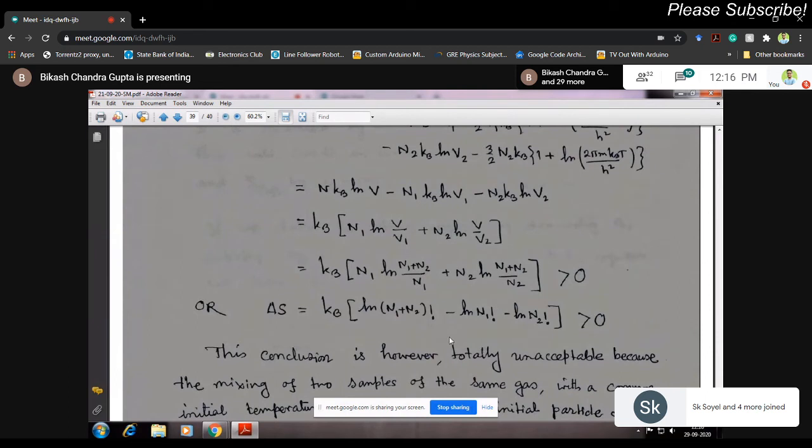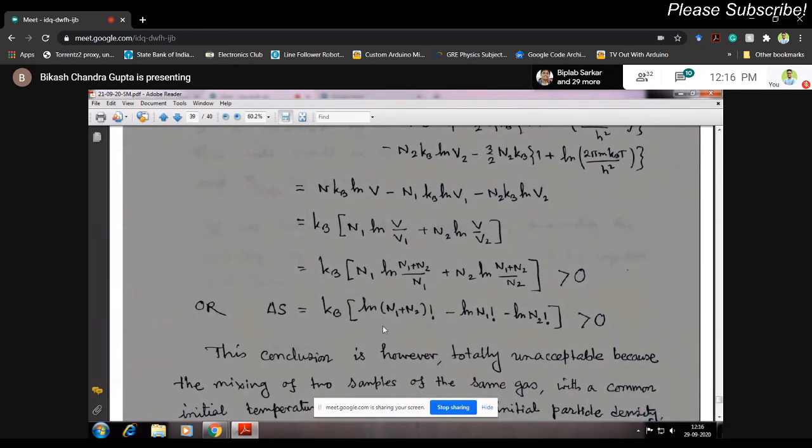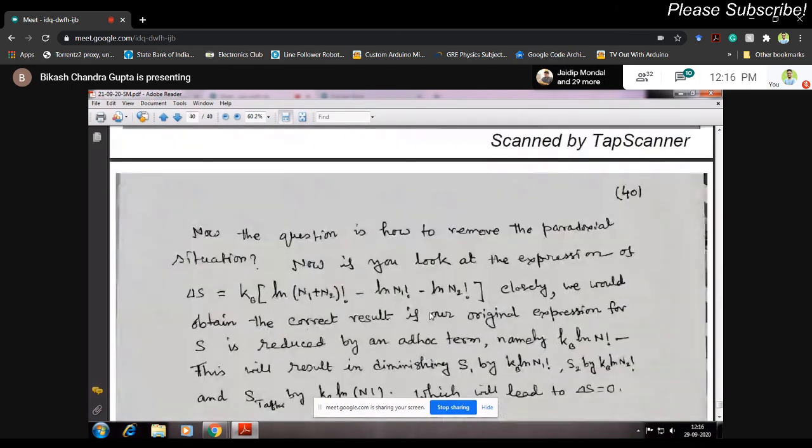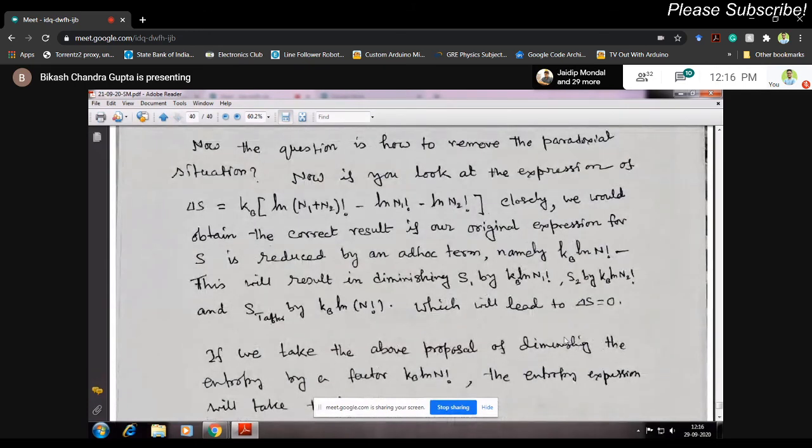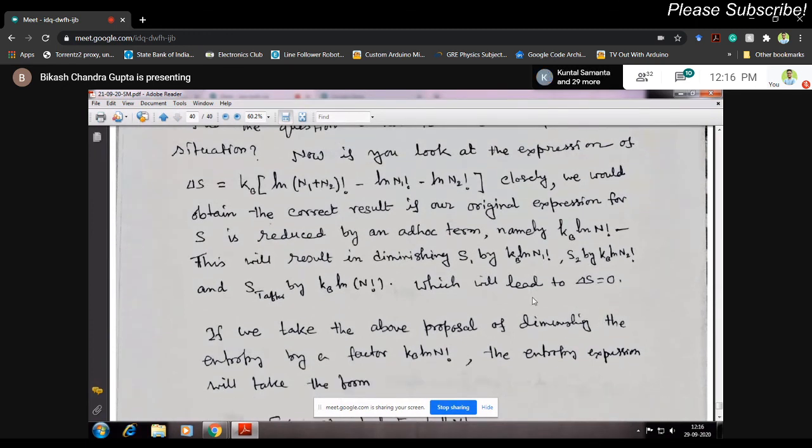0 করতে গেলে আমি যে এন্ট্রপি কনসিডারেশন করেছি সেখান থেকে এই টার্মটা বাদ দিতে হবে, ইন্ডিভিজুয়াল যে এন্ট্রপি ক্যালকুলেট করেছি সেটা থেকে। কারণ ইন জেনারেল kB ln N factorial টাইপ একটা টার্ম, যেটা যদি আমি রিমুভ করে দিতে পারি তাহলে আমার ডেল্টা এস ইকুয়ালস টু 0 এসে যাবে। ওকে, দিস ইজ জাস্ট অ্যাডহক। কোনো লজিক নেই, লজিক একটাই যে আমাকে ডেল্টা এসটা 0 করতে হবে। তাহলে এক্সপ্রেশন থেকে কি রেমিডি বের করতে পারি যাতে আমার ডেল্টা এস উড বি 0। আমি এই জিনিসটা যদি করি তাহলে আমার ডেল্টা এস ইকুয়ালস টু 0 হবে। ঠিক আছে?